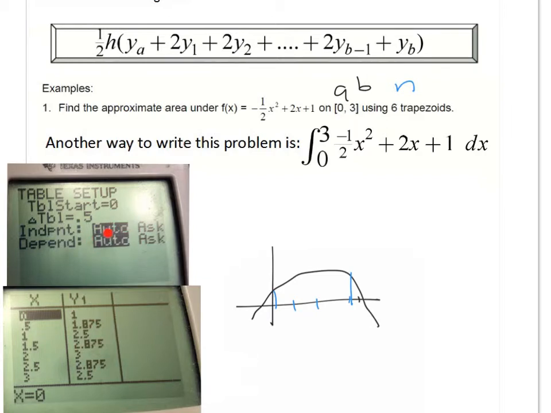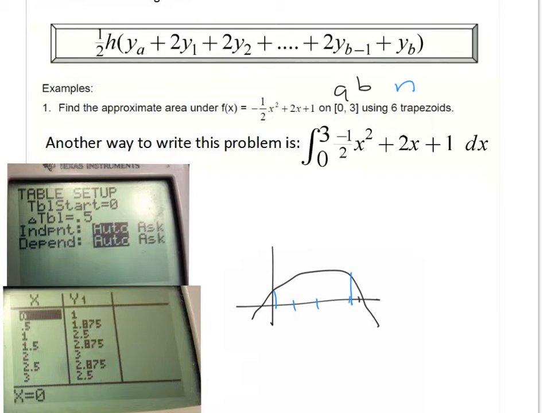I went to second window and set up my table starting at 0 and moving every 0.5, because if I want to fit 6 trapezoids between 0 and 3, I need a trapezoid every half a unit. And then when I went to my table, you can see I have all these lovely y values here. So I've got f of 0, f of 0.5, f of 1, and so on and so forth, nicely set up by changing my table set to the width,